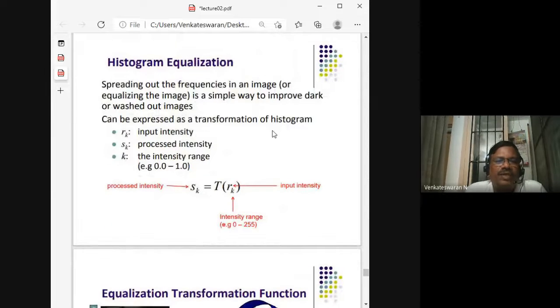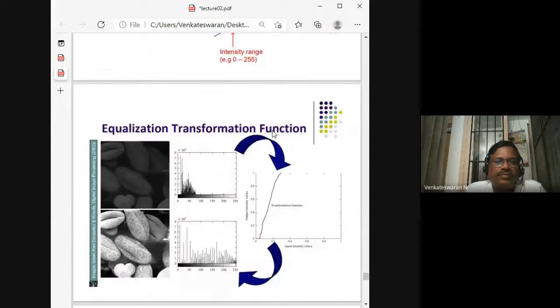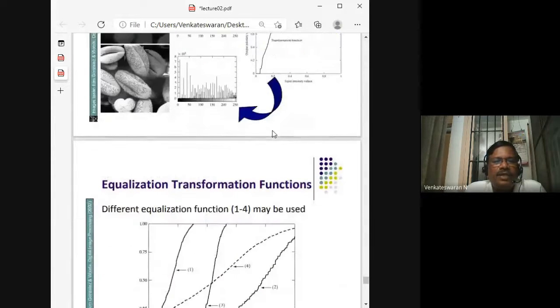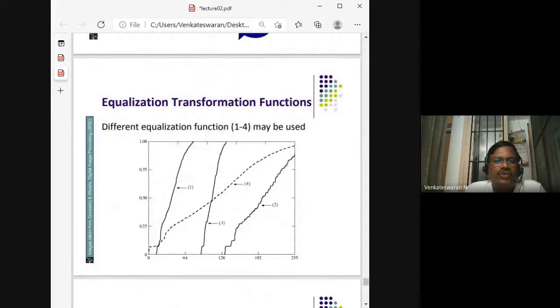For this, we have certain transforms. The input intensity is modified through a certain transform to get a new intensity. We do this by histogram equalization, or histogram specification. So we need a particular histogram. You have to modify the frequencies or the probabilities of the pixels seen at a particular intensity level. So you have a reference